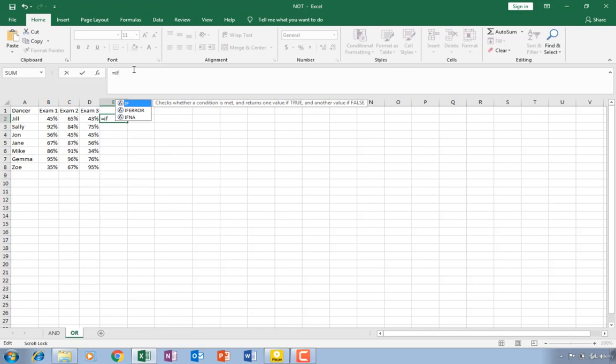IF, open brackets, OR, open brackets, NOT, open brackets, C2 is less than B2, comma, NOT, open brackets, D2 is less than B2,